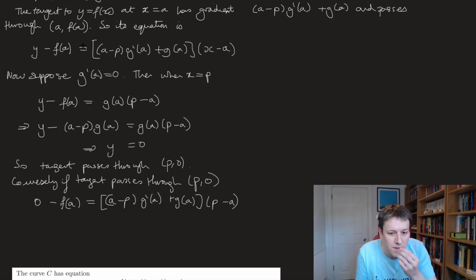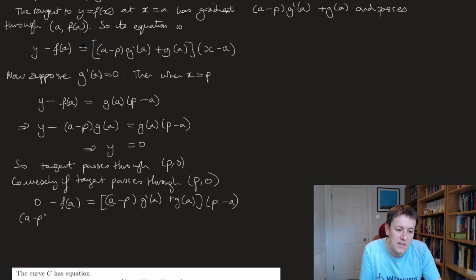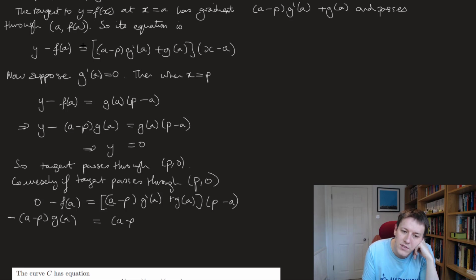Again, we can replace the f of a here with a minus p times g of a, and again you see it's minus in front of here as well, so this term is going to cancel out with this one ultimately, but let's just write this all out. So I'll get a minus p times g prime of a times p minus a,